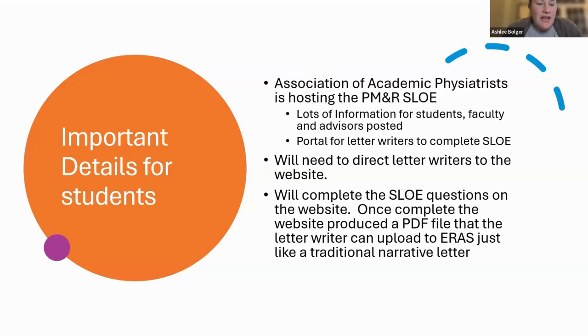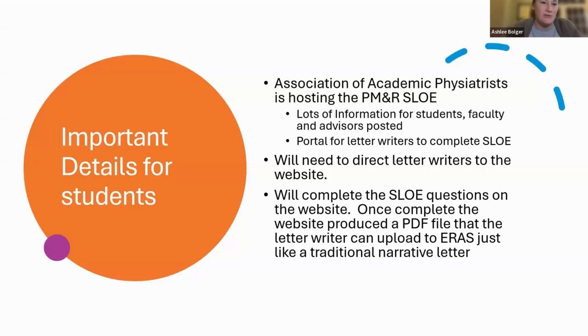And I would just say similar to that, if you were collecting a myriad of letters for your application, a lot of people get a lot more letters than they need. And they may choose to have Dr. Smith go to these 10 programs, because for whatever reason you think Dr. Smith needs to go to those 10 programs, versus Dr. White going to another 10 programs. And so you can still do that. You can get multiple SLOEs. You can choose to submit them or not.